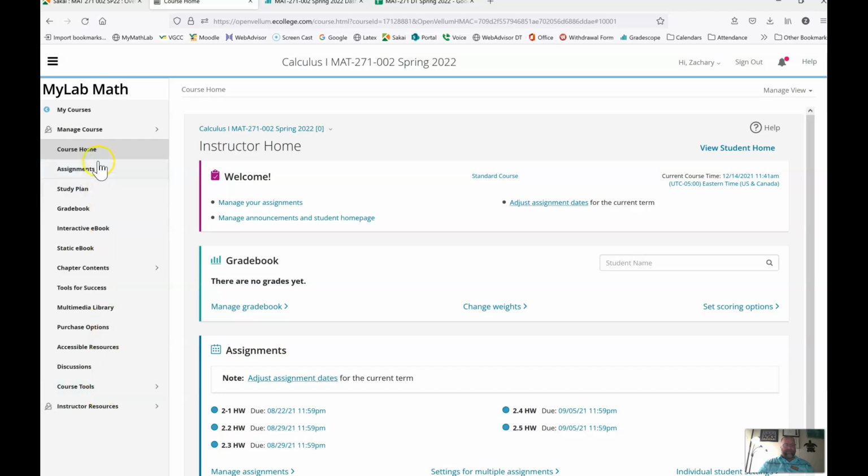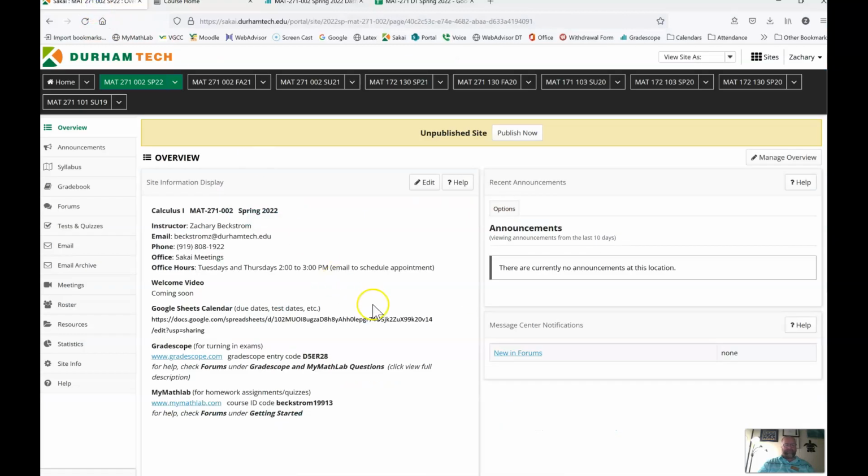There's other links here, it's going to be a little bit different than mine is, but for the homeworks, you're generally going to have 3 attempts for each question, and there won't be any time limit. And then you just complete those, and they'll automatically be sent to me, and then I will input those grades into Sakai.